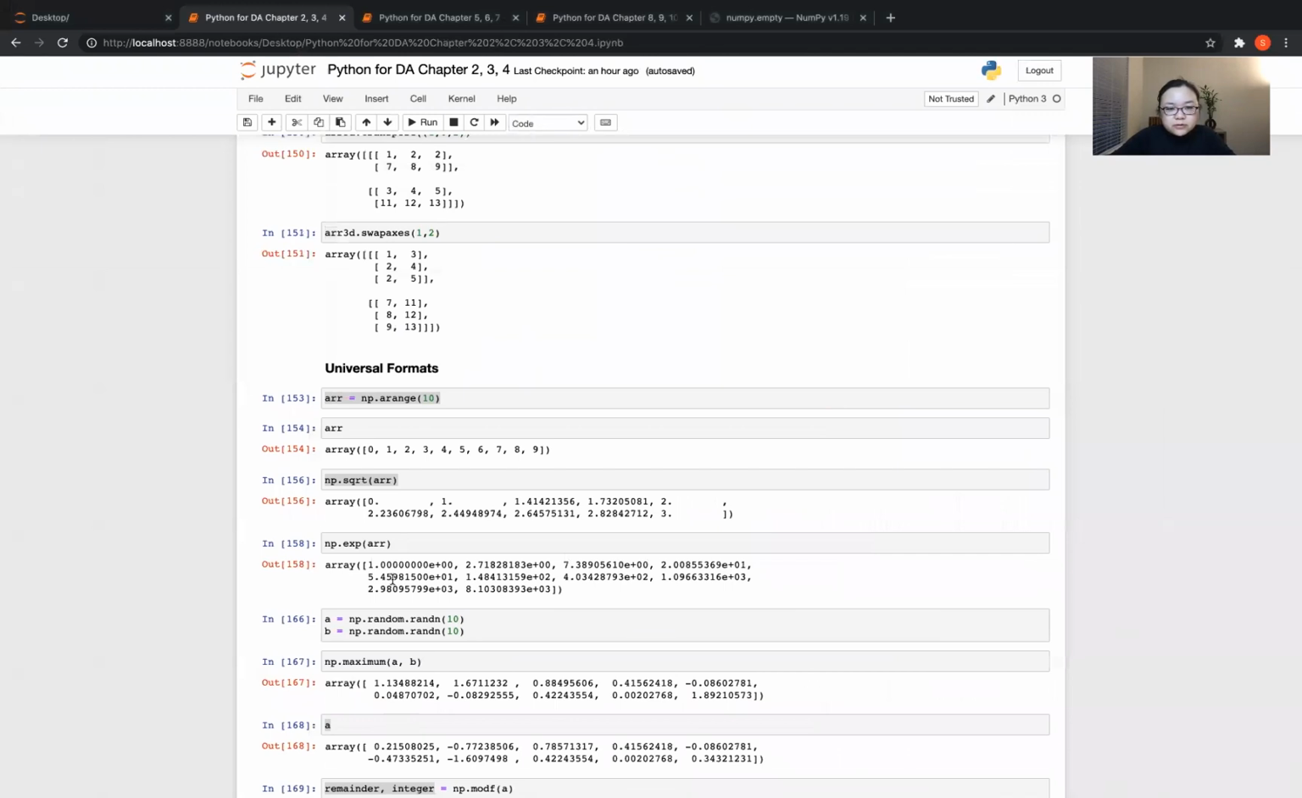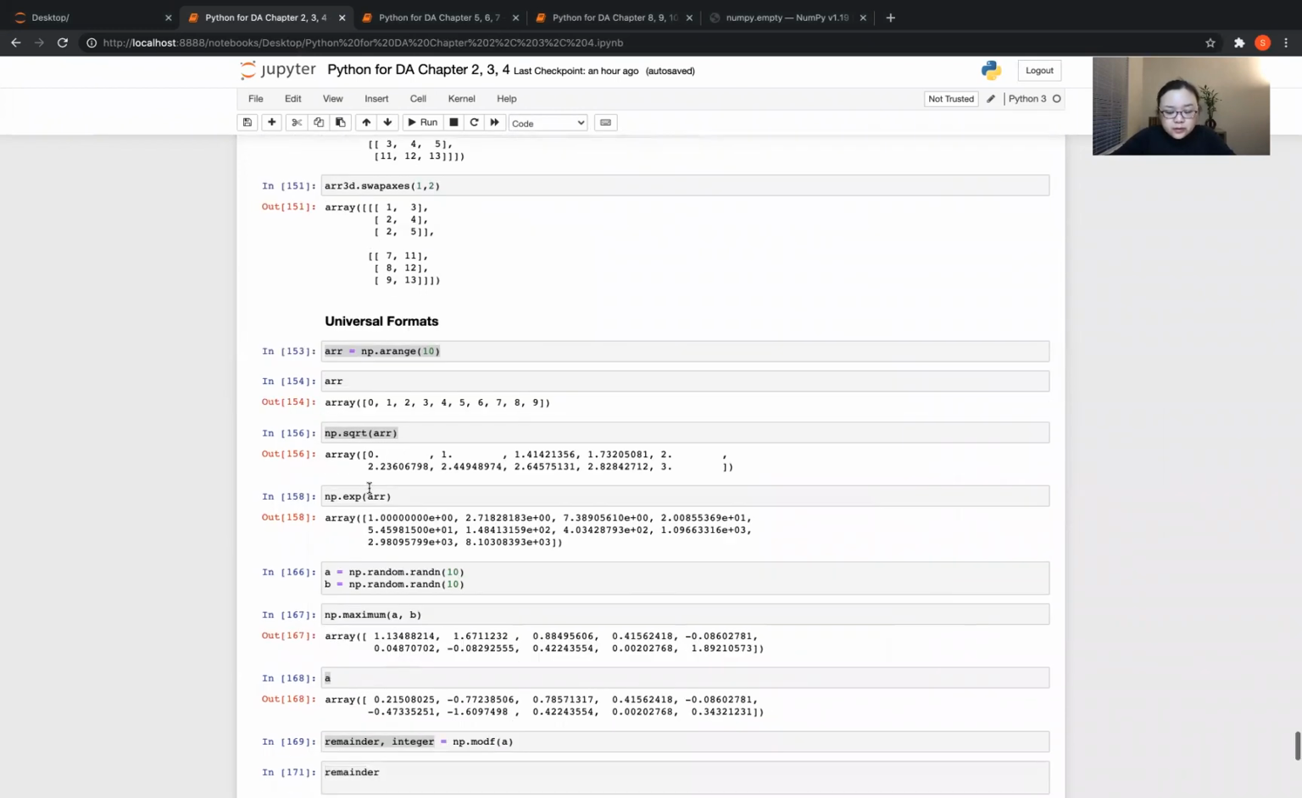So the first thing I want to check is universal functions. Universal functions let us do computation on arrays. We can think of them as fast vectorized wrappers for simple functions that take one or more scalar values and produce one or more scalar results. So see,